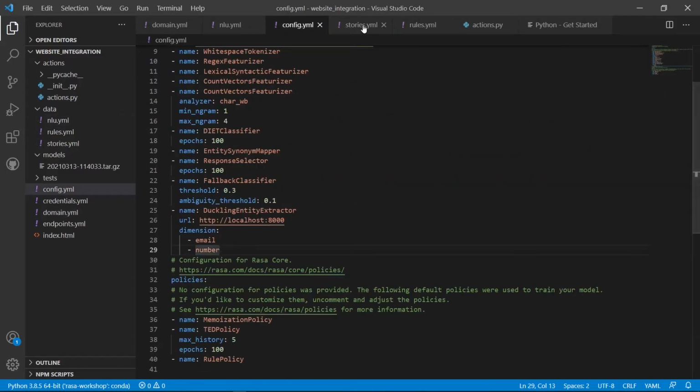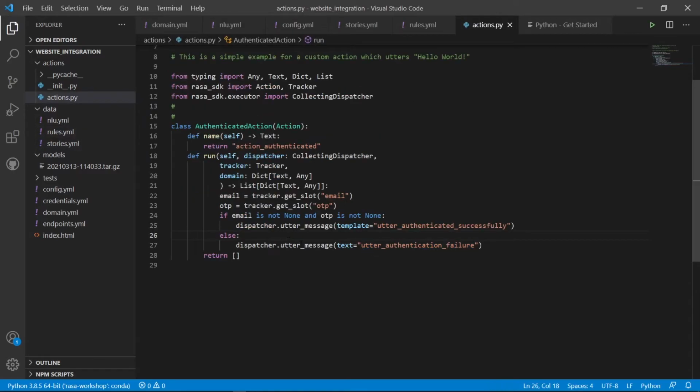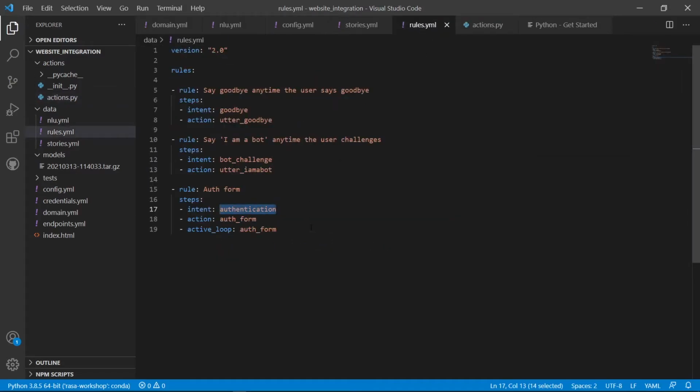So now I think we are almost done. Yes, we are done actually. So now what we'll be doing is writing a rule for this. The final rule where we'll be deactivating this thing. So, submit form. Okay, so now there will be a condition where the active loop is auth form. Okay, and now the steps will be: there will be an action auth form, and if active loop